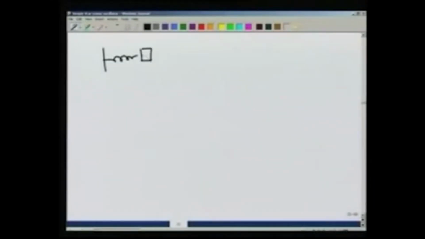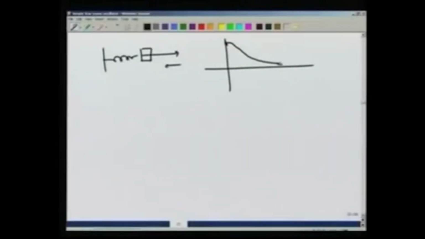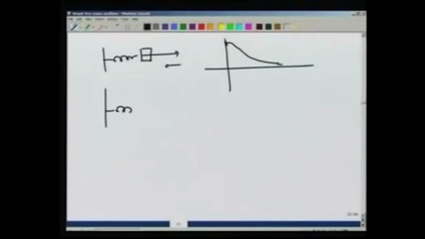Let us summarize this. In the case when I stretched it and let go, the solution looked like something like this. x t slowly decayed towards 0, that means the mass slowly came towards the equilibrium point. The second case, when I took the mass and gave it an impulse, the mass went out and then again slowly